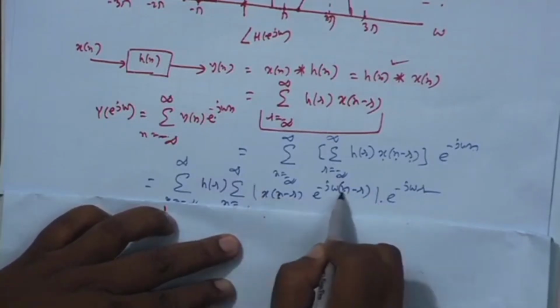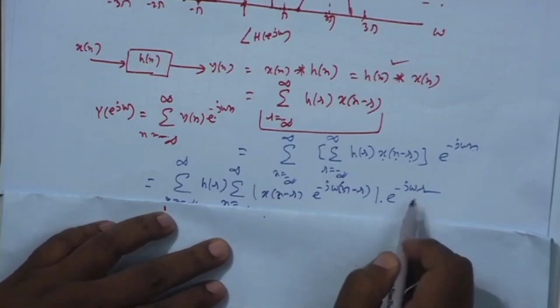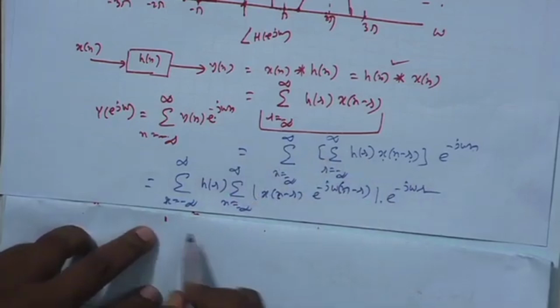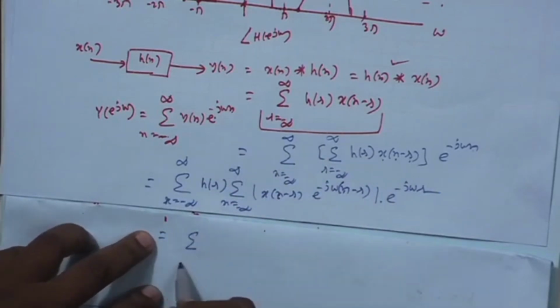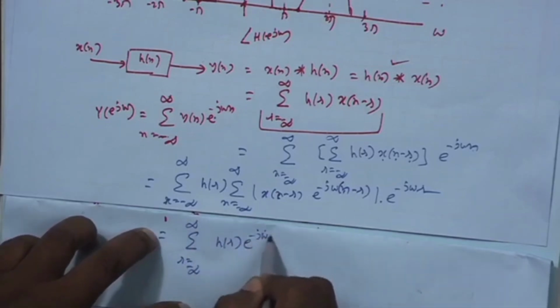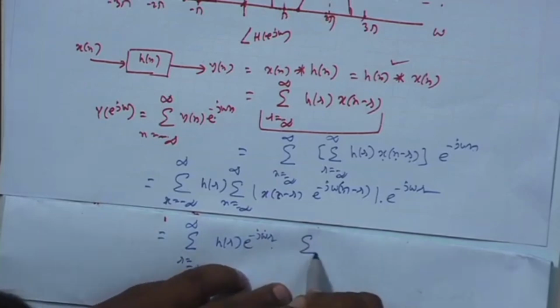This depends on n, this depends on n, but this fellow does not depend on n. So, it can again go outside the inner summation as common. So, it will be the summation over r of h of r e to the power minus j omega r and summation